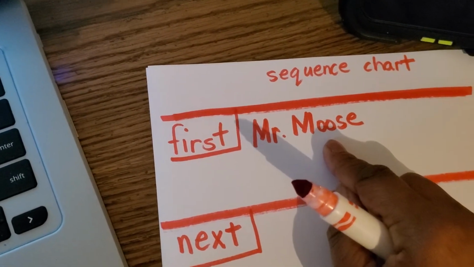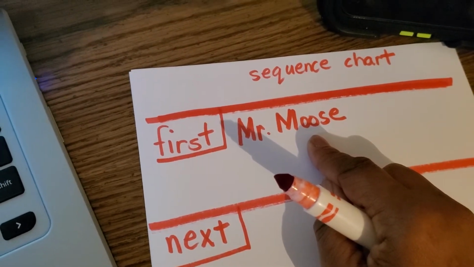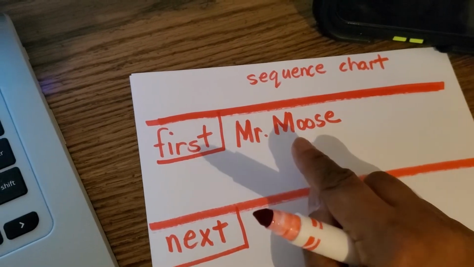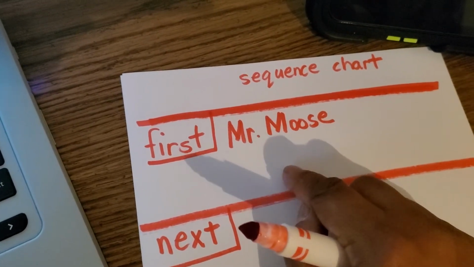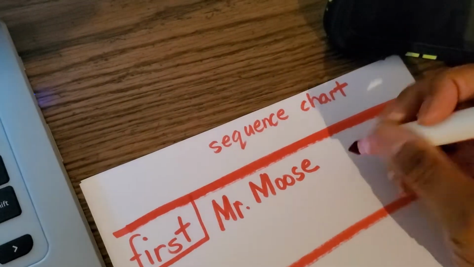So I'm going to get you started with the first part of the story. Mr. Moose was actually the science teacher. He's one of the characters in the story. That's like the Who. We're talking reading the Who. And he actually decided to do the paper airplane contest. So I'm going to start off by saying Mr. Moose